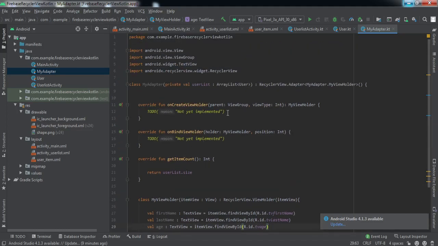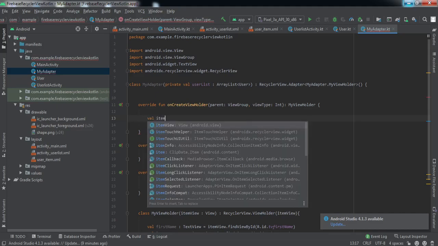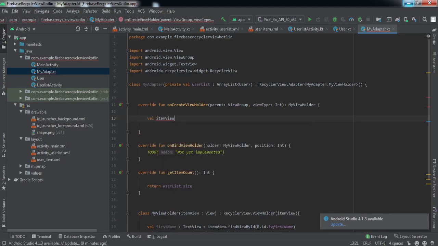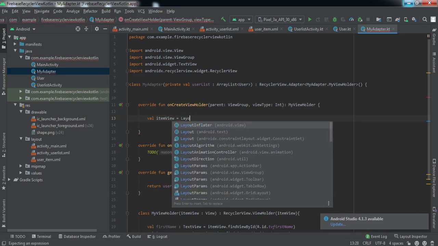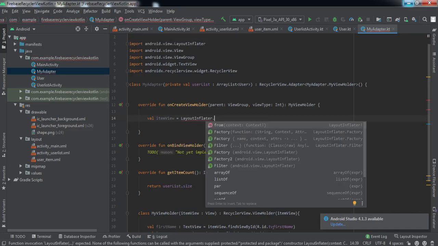Now we're gonna change this method onCreateViewHolder. So inside this we'll create an itemView. We need to inflate a view by using LayoutInflater.from.